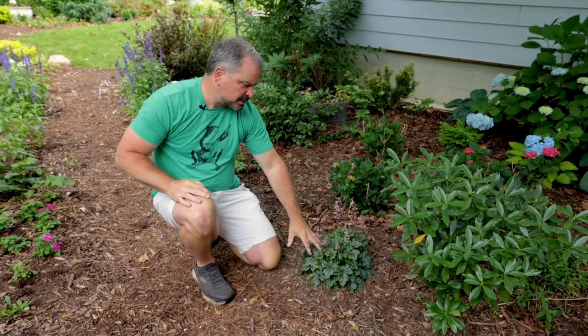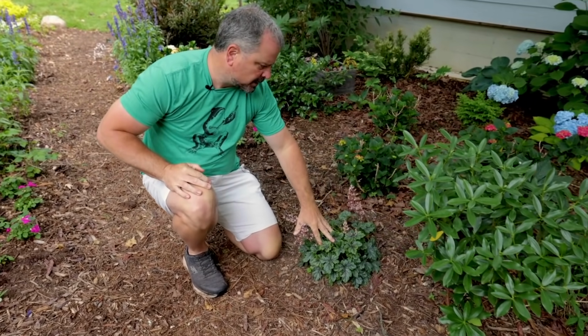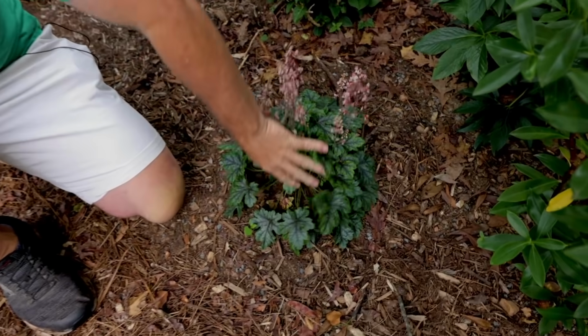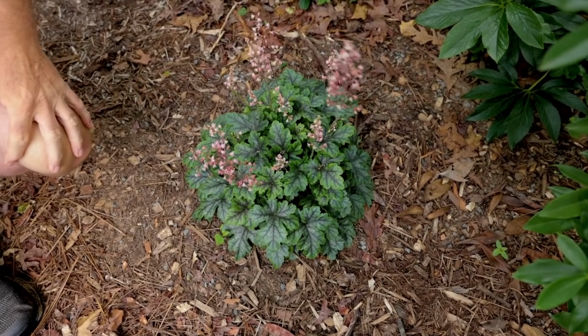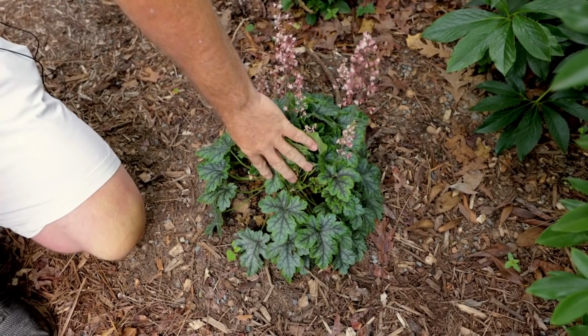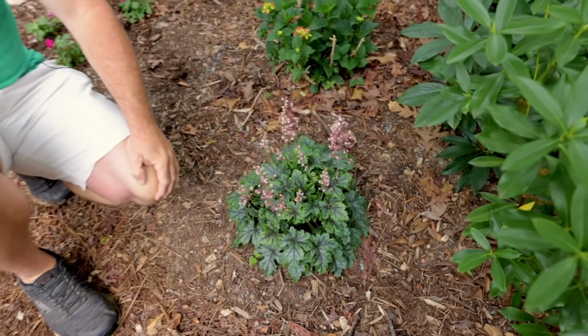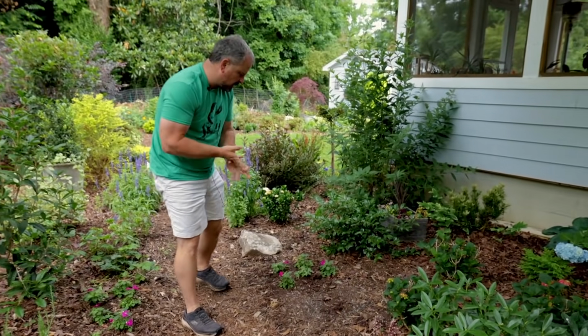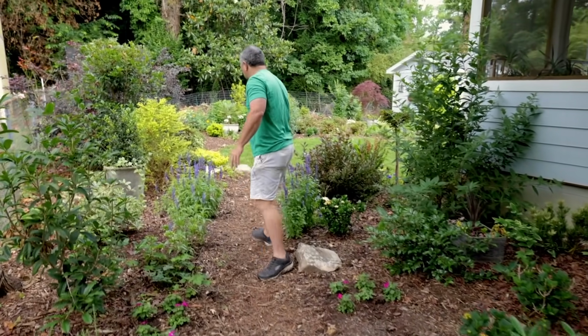Here is that Tapestry Hookerella that I put in the ground earlier in the video, kind of in full flower now. It has settled into this space nicely. Again, they're all mounded up just a little bit. And in my clay soil, I have to do that with Hookerellas, Tiarellas, all of them. This Alabama Sunrise,